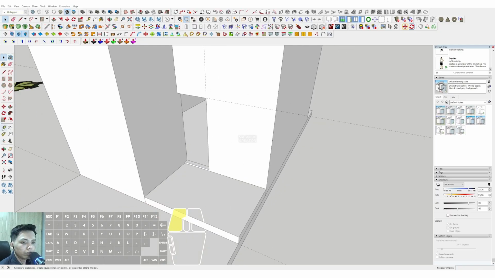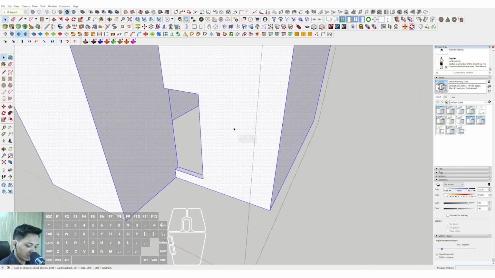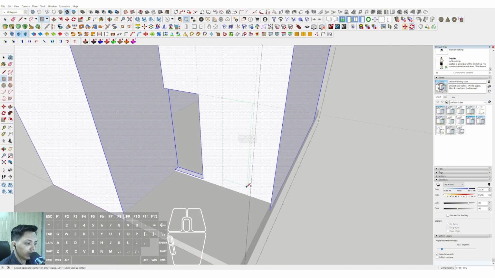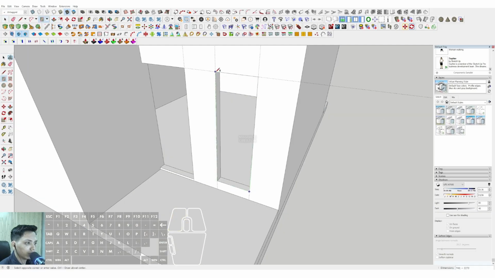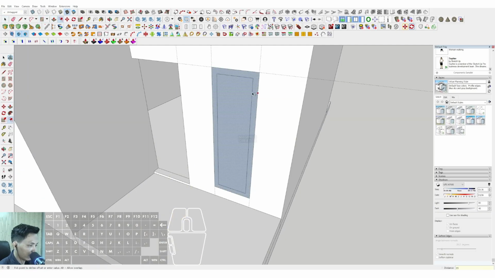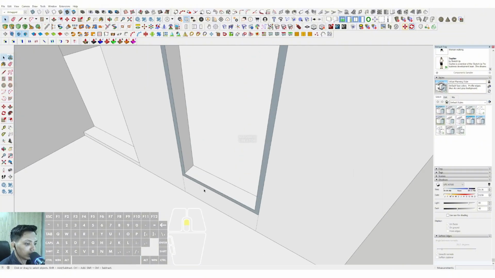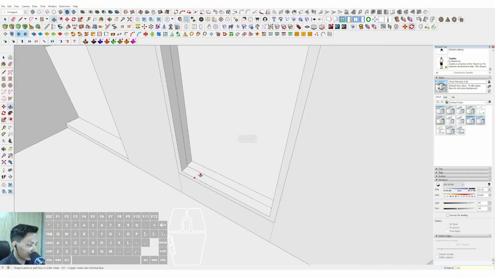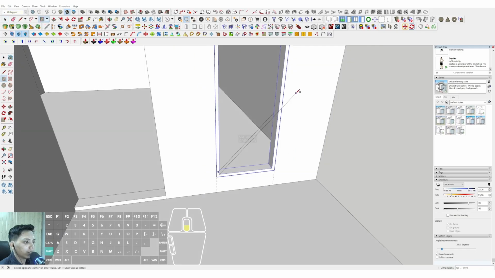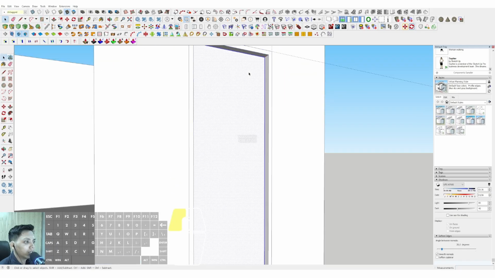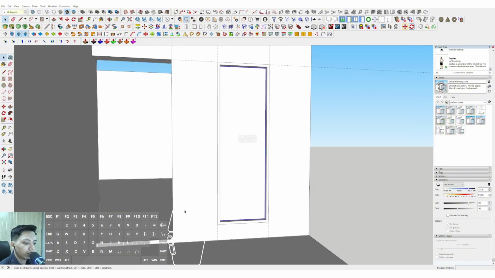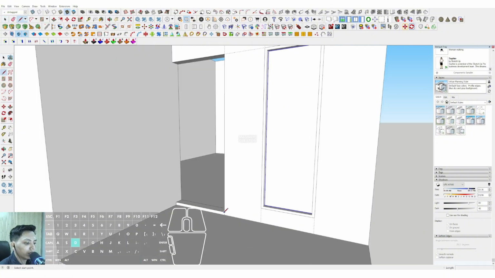Okay, now we can make the simple window in here, and offset it, push it to the behind in here, and make the rectangle in here and offset it inside 35 millimeter, and just triple click and push it to the behind 120 and make group. And then we can make the glazing in here and make group, and then we can make the main door